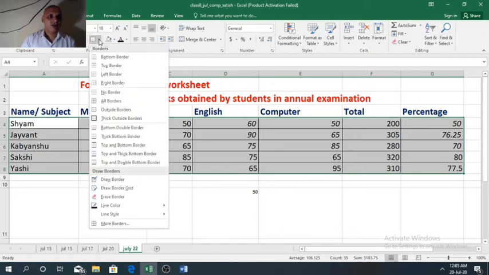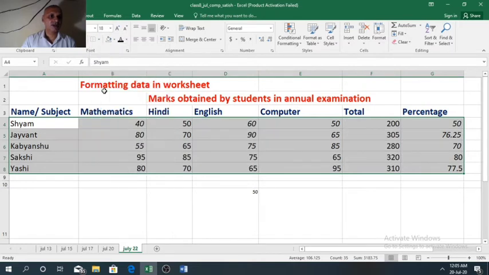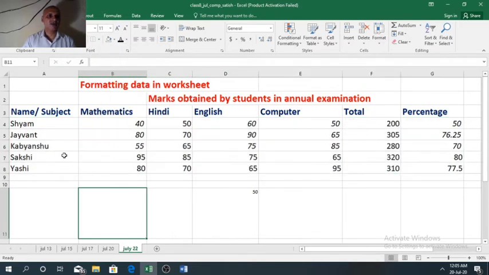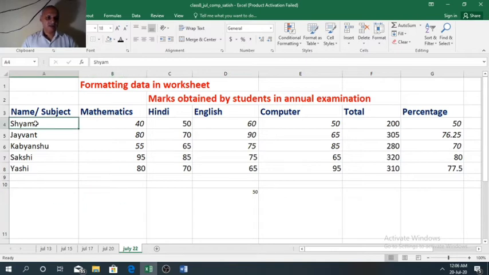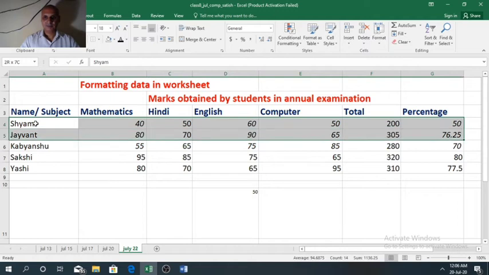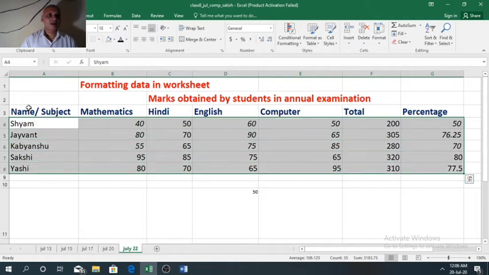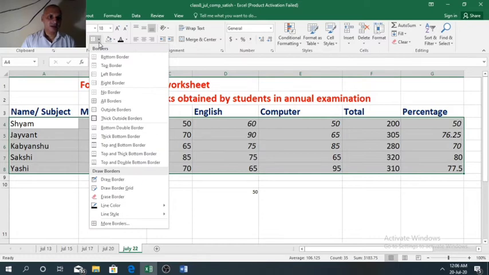If you want to remove the border, we can select the no border option. Now you can see no border is applicable here. To apply a border only around the data, we will select outside borders.